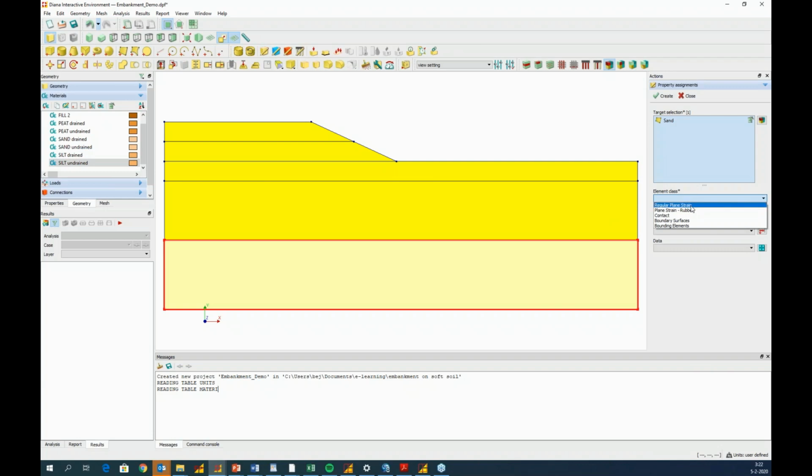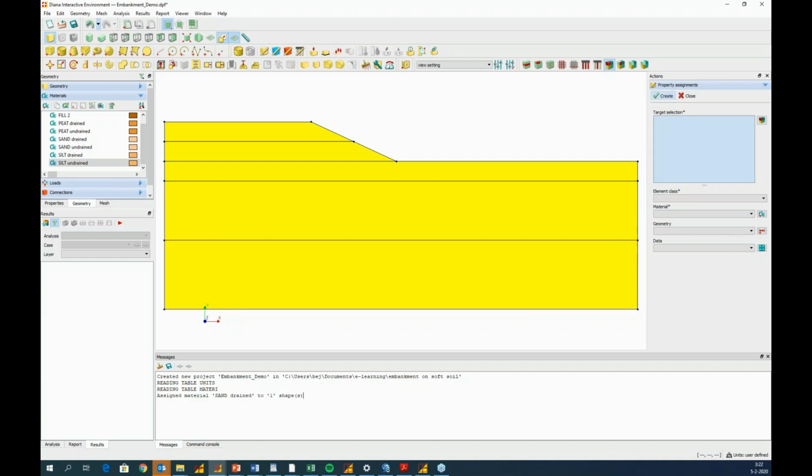For the element class, I choose the regular plane strain. And for the material, I start with the drain one, sand drain. And I click on create. I repeat the same for the silt,